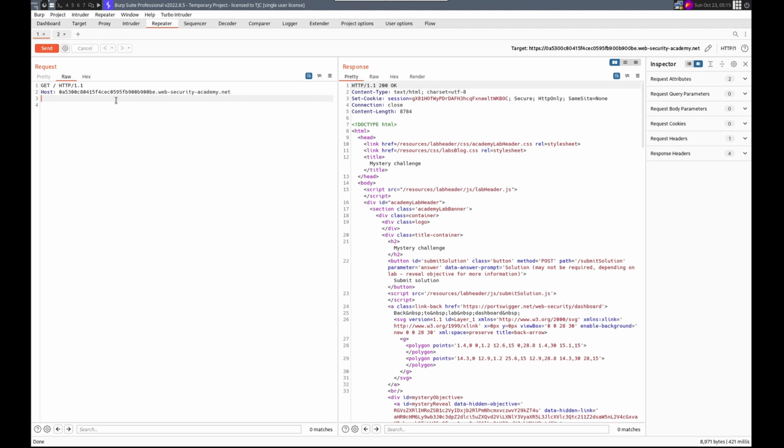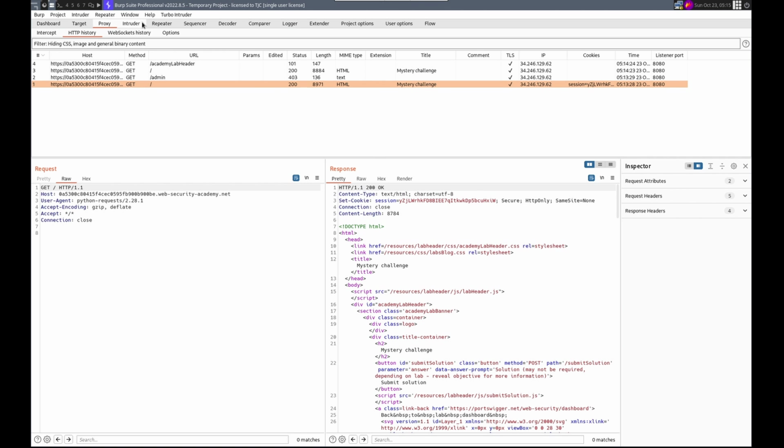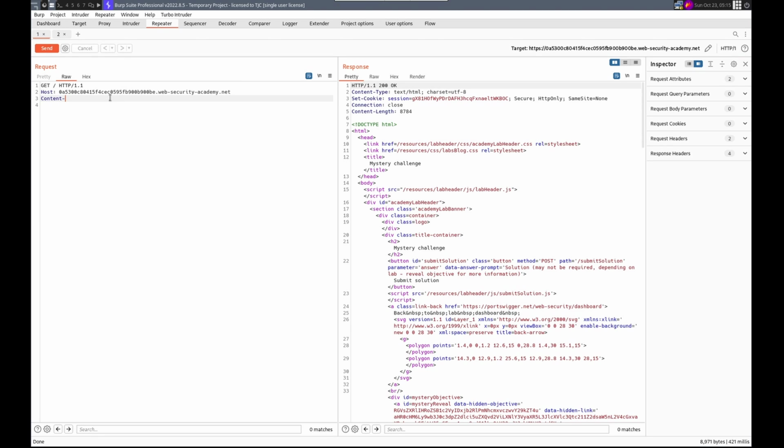And then we want content length, transfer encoding. We want the front end to use content length, the back end to use transfer encoding. So I'm going to end this, and then I'm going to get